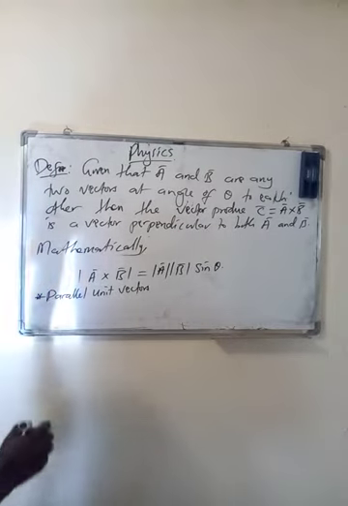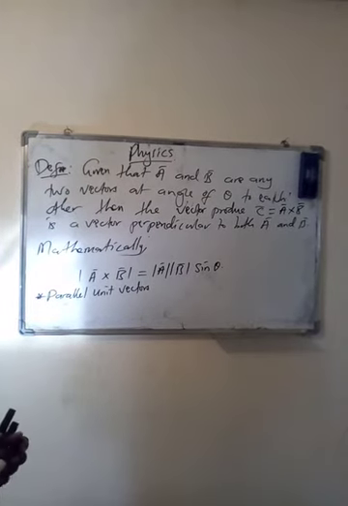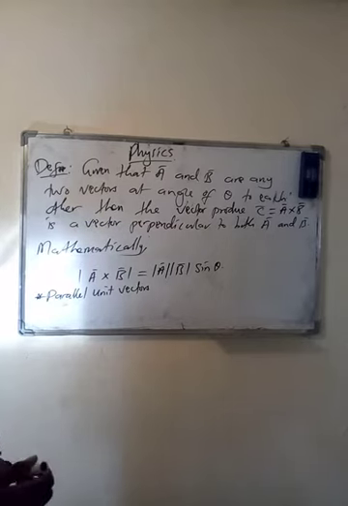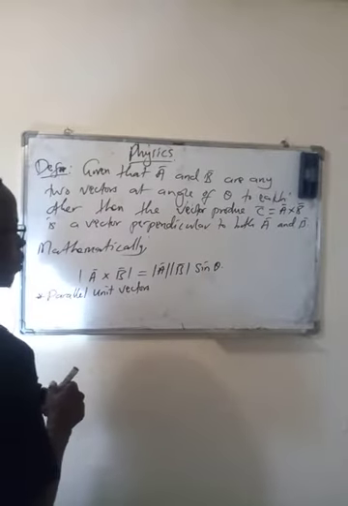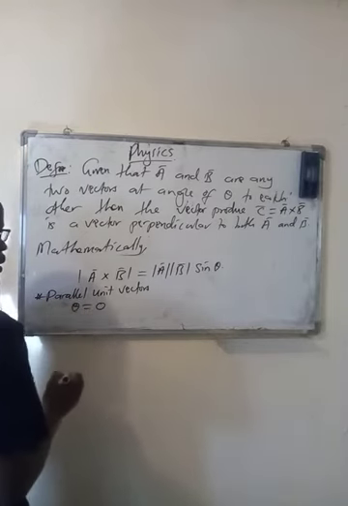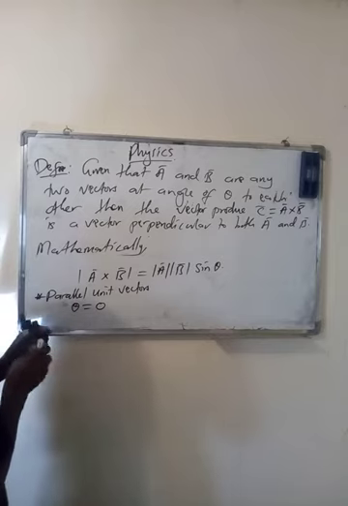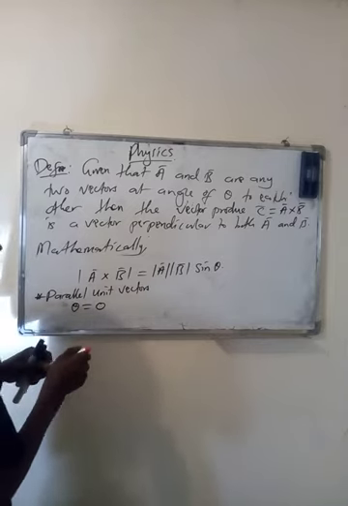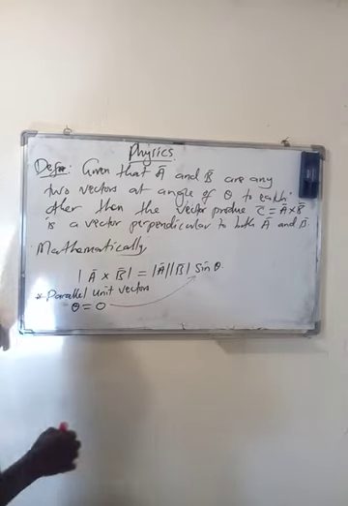Okay, parallel unit vectors. Let's look at that. In the case of parallel unit vectors, if they are parallel, then the angle between them is 0 degrees. So if we take that 0 degrees and insert it in this formula here,